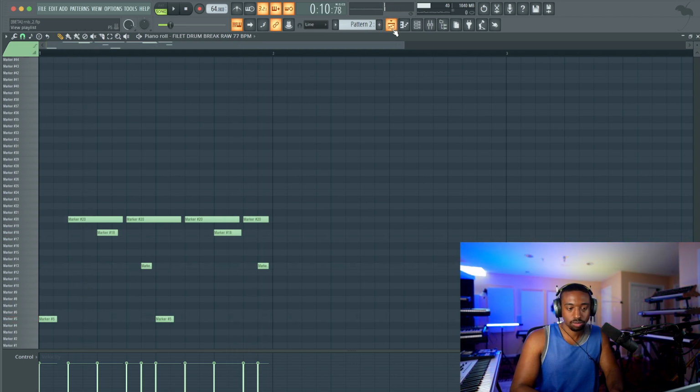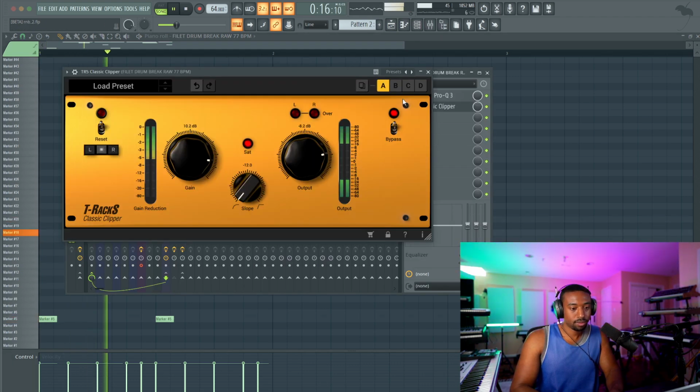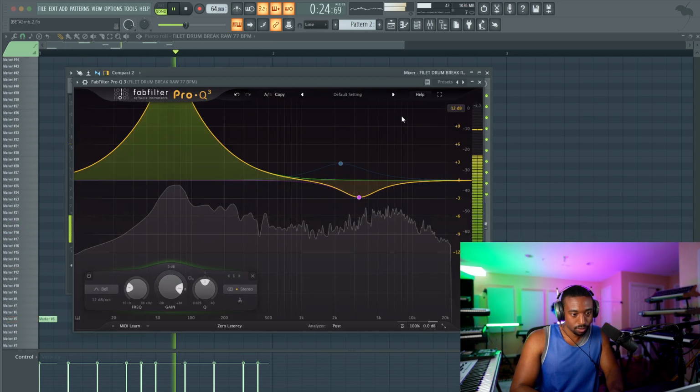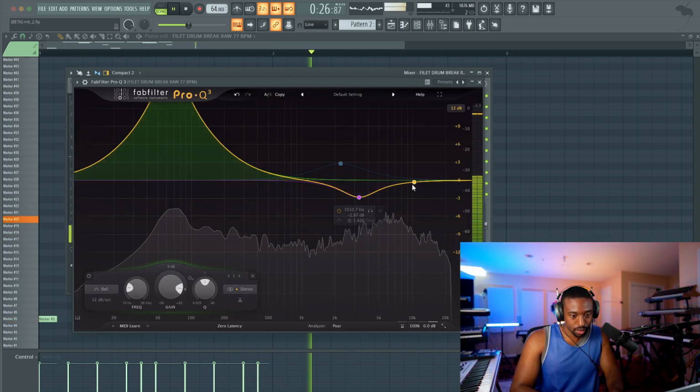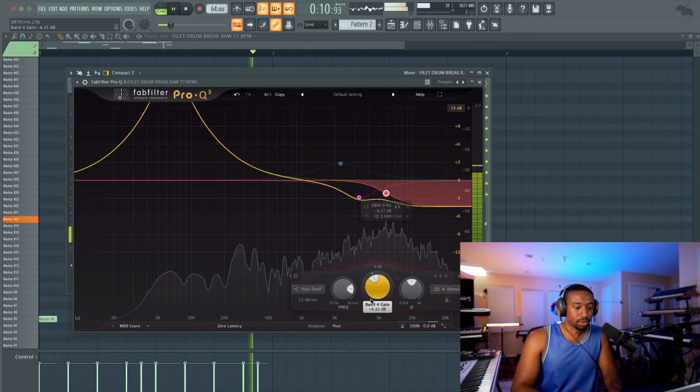So now it's like psh, psh, like that. Kind of want to shave the highs, so I'm trying not to get too deep into mixing, because we could be here forever.